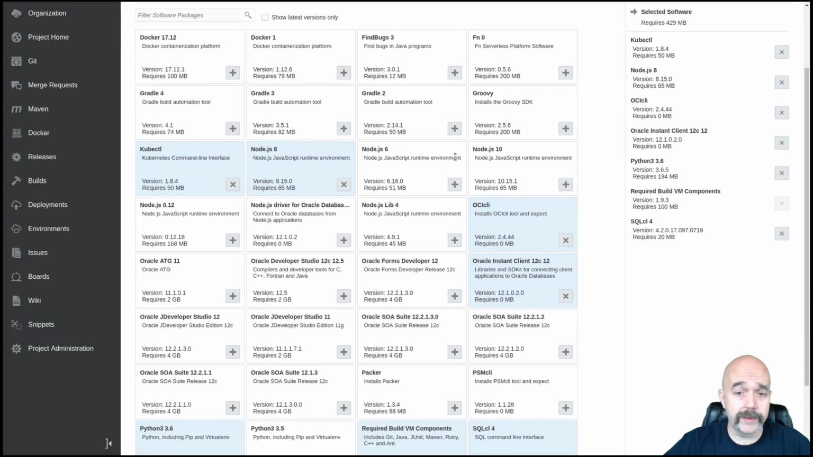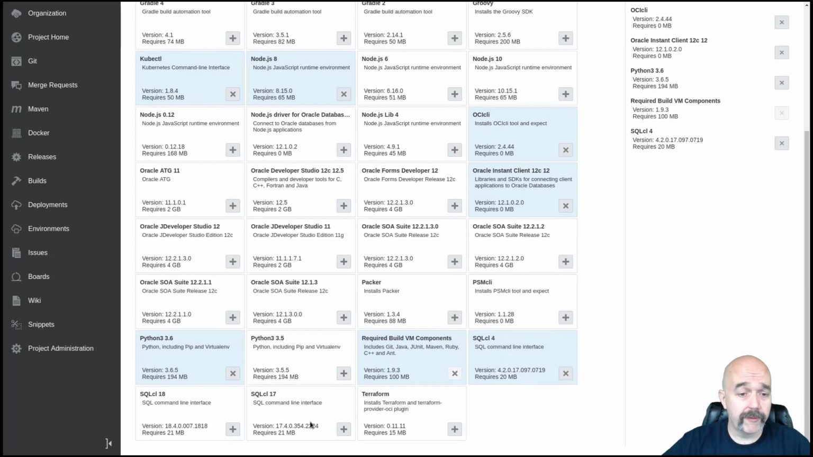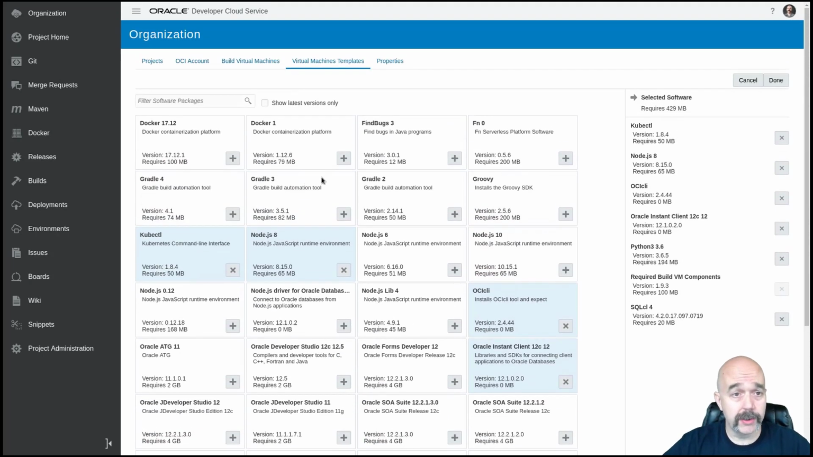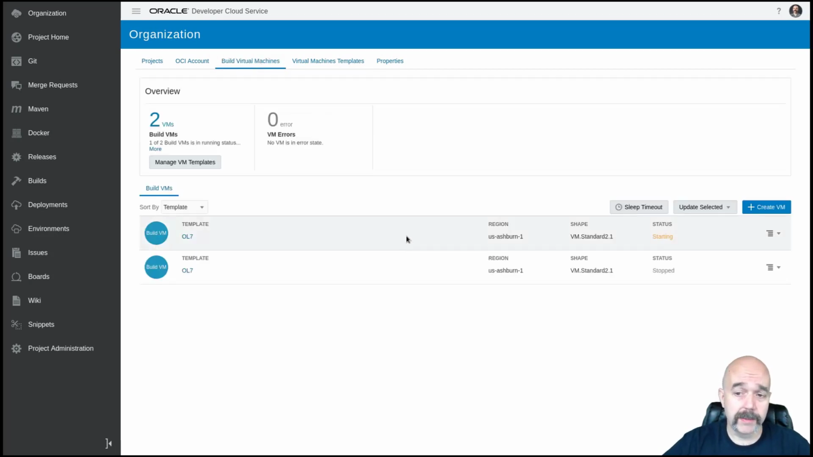you can pick all of the software that you need for your application. There's a whole bunch of different stuff in here you can use. So you'll set up a template, and then you'll set up these build virtual machines. And I guess I might as well kick that one off while I'm in here. What I've done here is I've set up 2 different build virtual machines that will start running, and these are